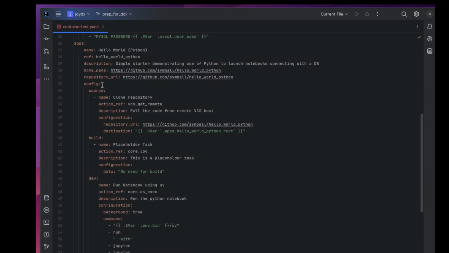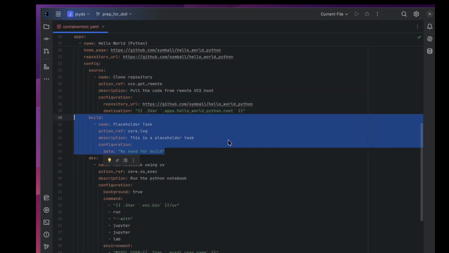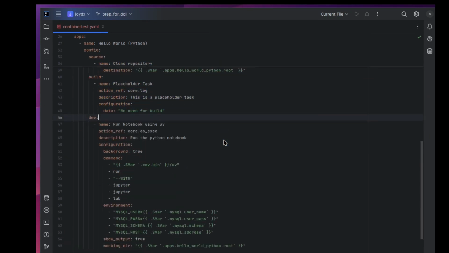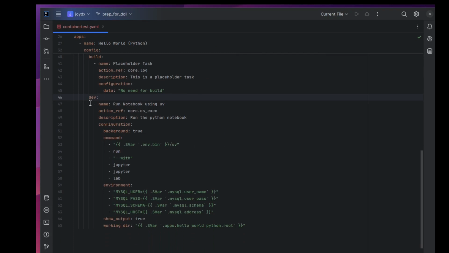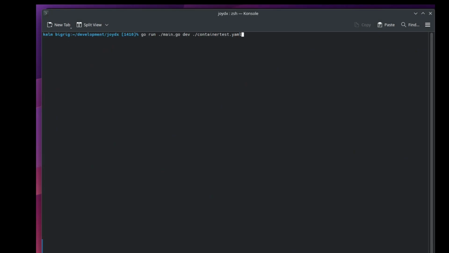So in terms of the actual app playbook, we've got our source, which checks out the repository. On this one, there's no actual build, so I've put a placeholder task there. And then what we're quite simply doing is running UV using the equivalent of a terminal command, except passing in our environment. So now I'll just hop over to the actual terminal and I can clear that, and I'll